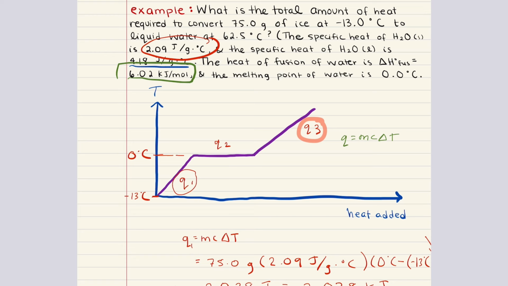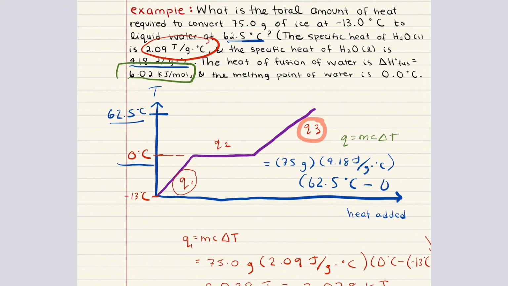final temperature minus initial temperature. Our final temperature is 62.5 degrees Celsius for this segment, and our initial temperature for this segment is 0 degrees Celsius. So if we start to plug things into our equation, we have 75 grams multiplied by 4.18, and then that's multiplied by change in temperature, which is final temperature, 62.5 degrees Celsius, minus initial temperature, which is 0 degrees Celsius. If we plug this into a calculator, what we're going to get for that third segment for heat is